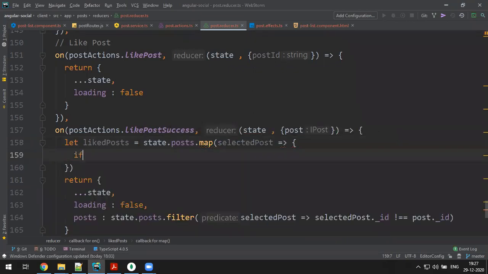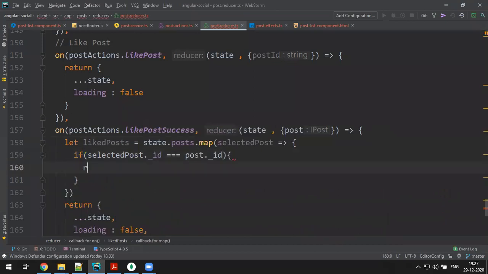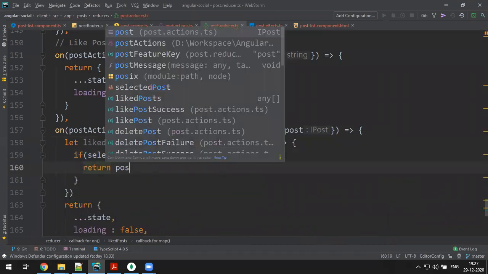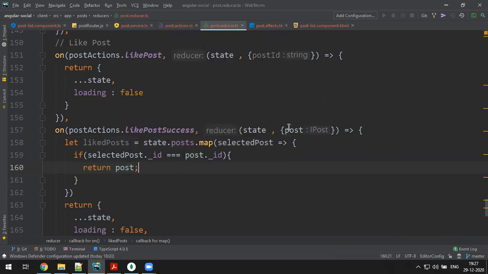Condition will be: if selected post._id is equal to my given post._id, then return the post. Okay, the newly created post, because the newly created post contains more likes, that post is returned.